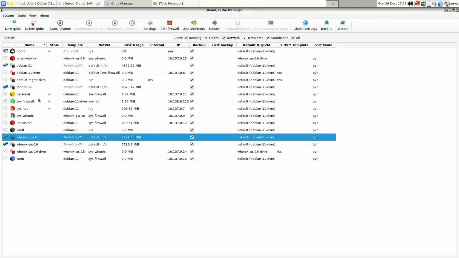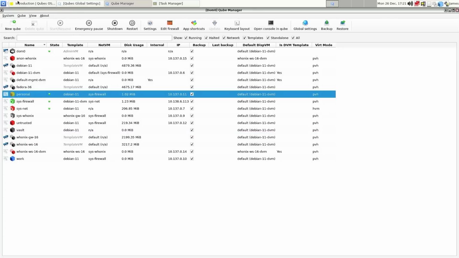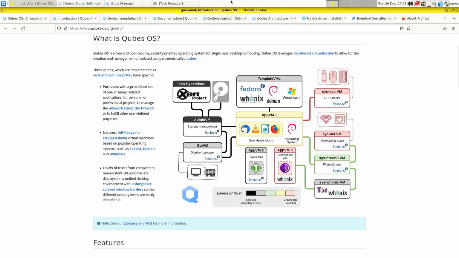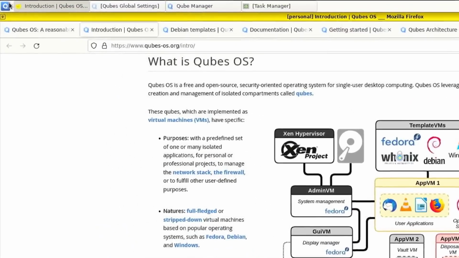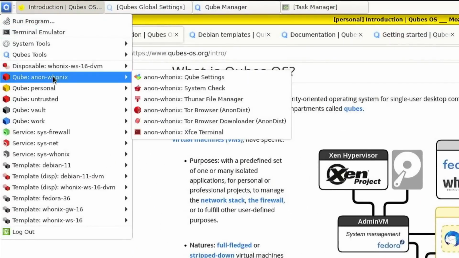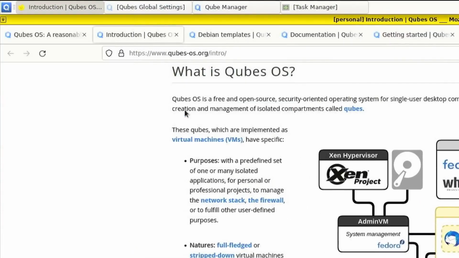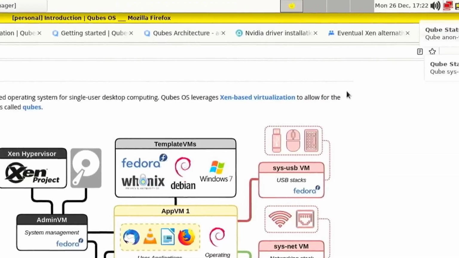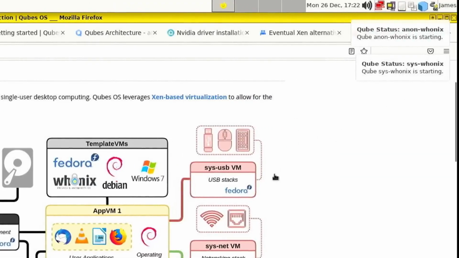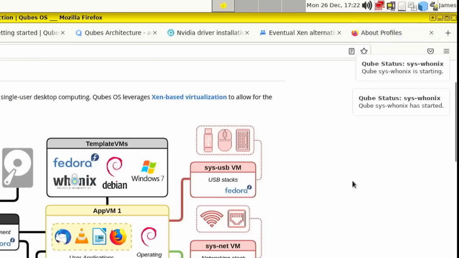And then you've got the personal cube, which you may have noticed this is a Mozilla Firefox instance, or a Mozilla Firefox that's open inside of a personal cube. If I were to open up another one, like let's try, why don't we do Tor from a non-Unix? And it's going to take a little while to start up because it is literally starting up a virtual machine and then it's starting up the Tor browser. So you can see that sysunix has started.